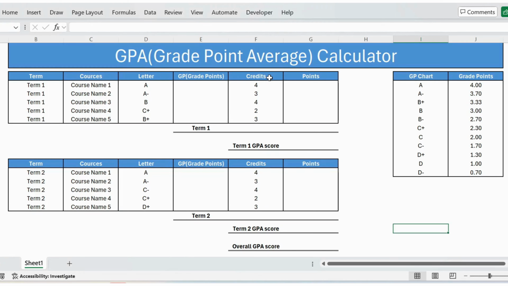GPA, that is grade point average calculator. So in this video, let's see how to calculate term 1 GPA score and term 2 GPA score and overall GPA score. To start with term 1, so we have various courses here, and for each course we have the